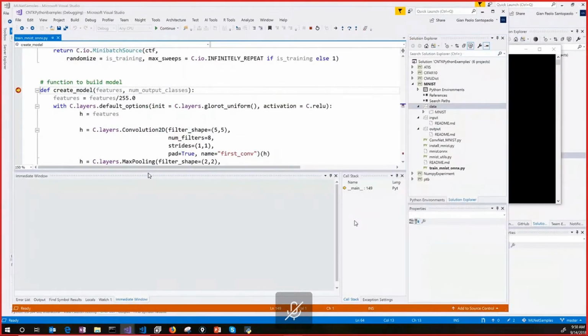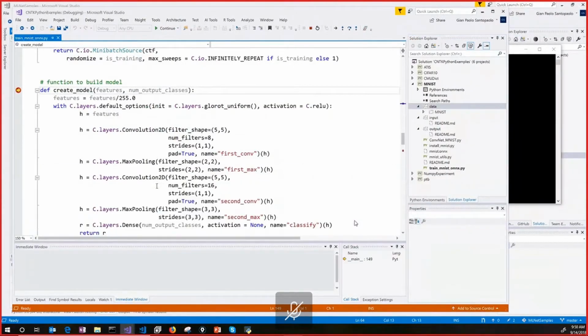Yes, we can also use all the features we have in Visual Studio. That's fantastic. So it's creating the model. We are adding some layers to our deep neural network. Do you remember the slides where we were talking about the layers in the deep neural network? This is creating the layers for the model.